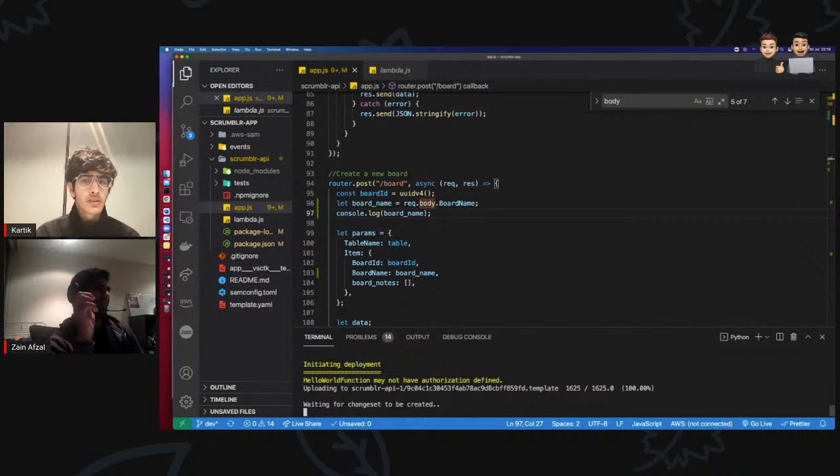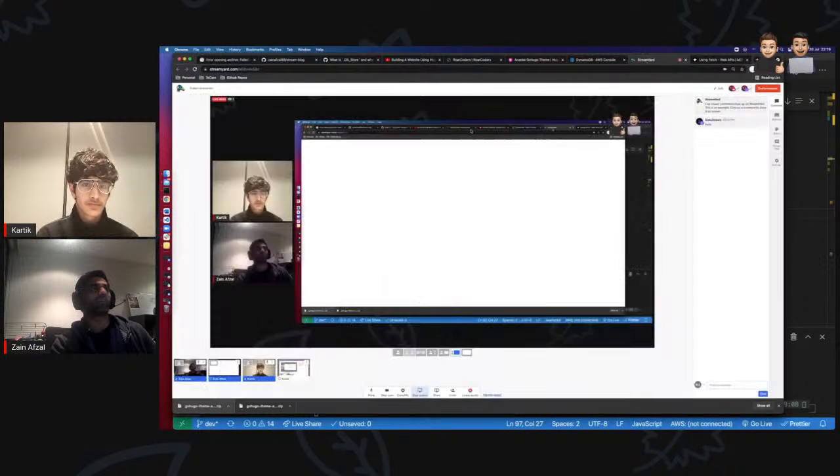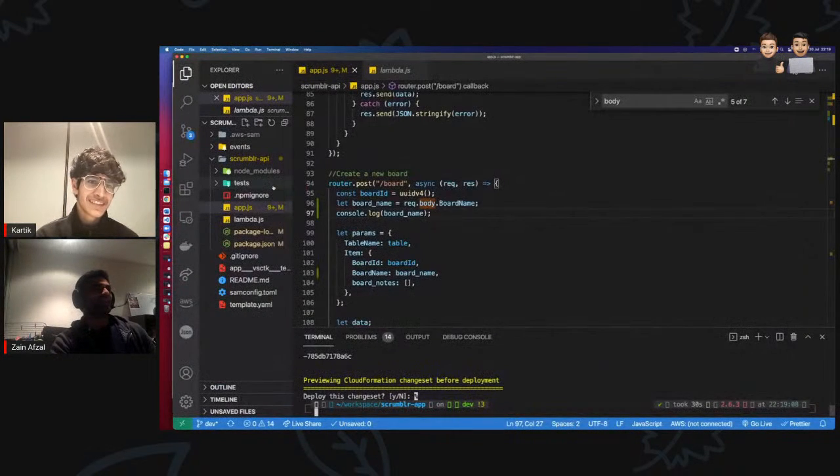Do you like this background better, or do you like my room better? I like your room better because there's a football in the background as well. There are some suitcases, so I still get a bit entertained.